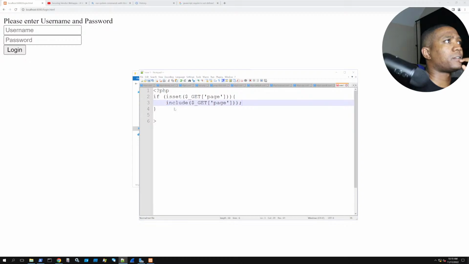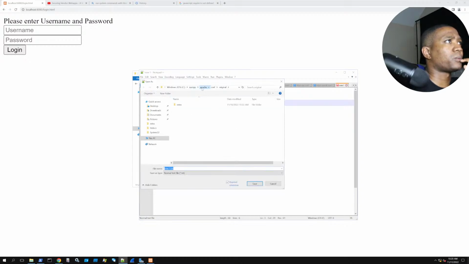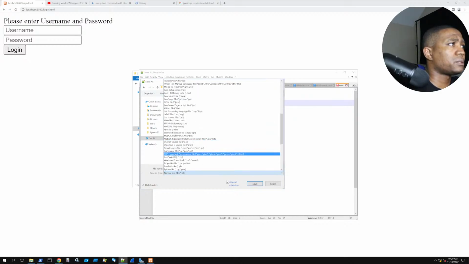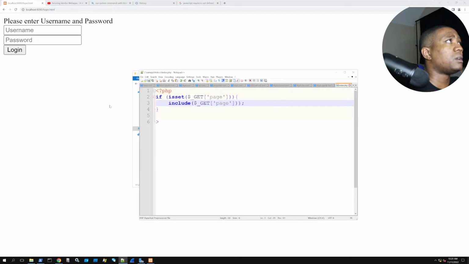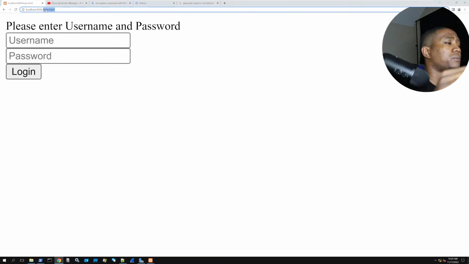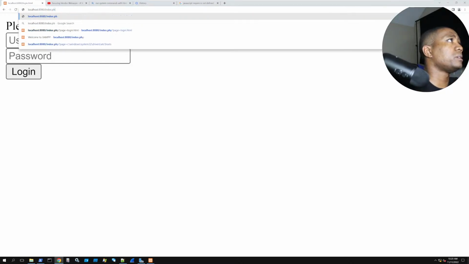I'll save as, it's not the right place. I tried to change the root directory of the server and it was just giving me so much grief. I just was like, fine, you can be here. Anyway, index.php. That's not it here. And then we'll save it as a PHP file. All right, boom. So if we do index.php here, and I hope this is big enough,